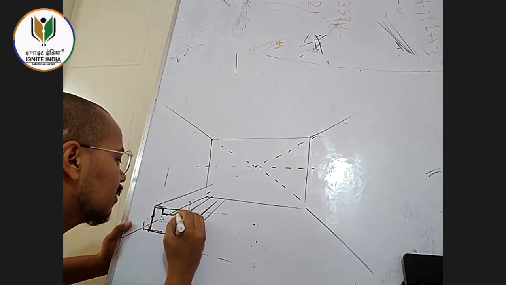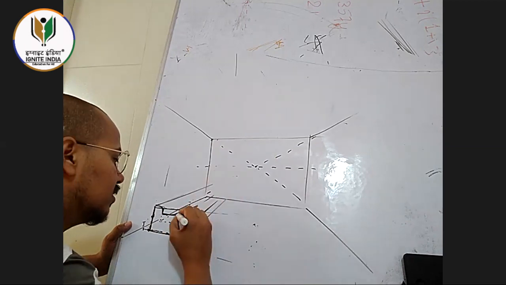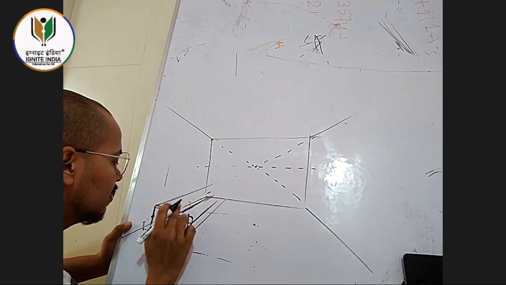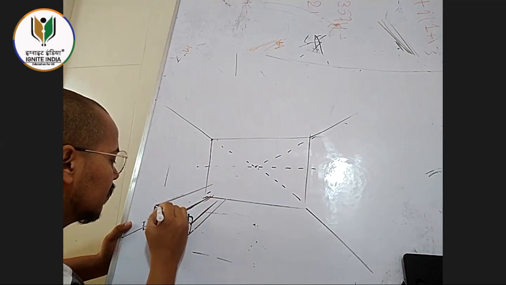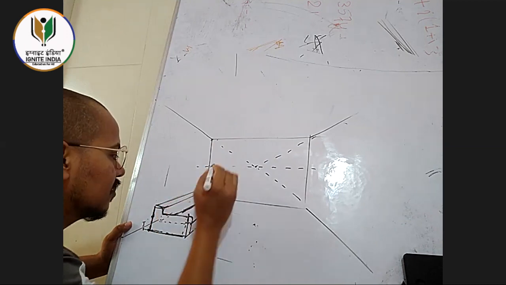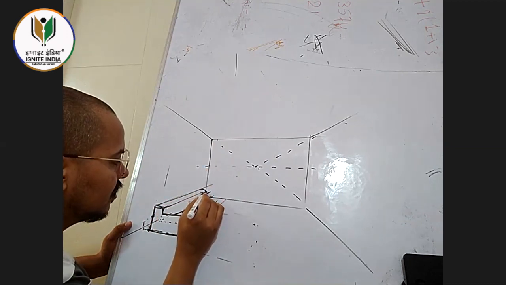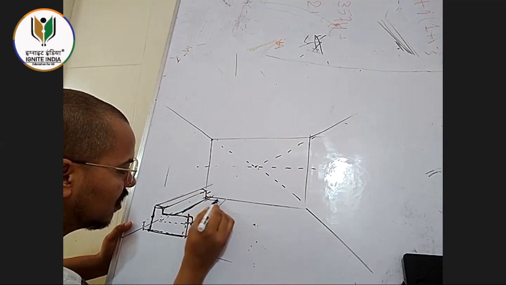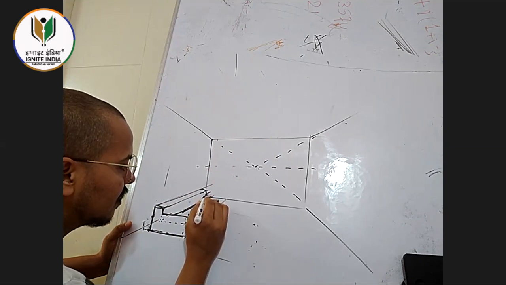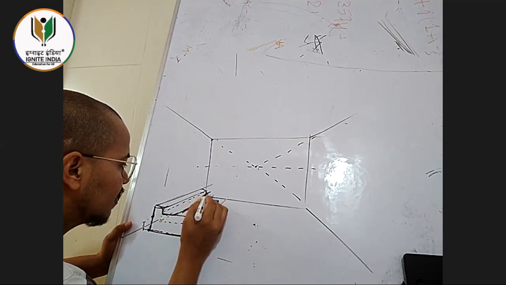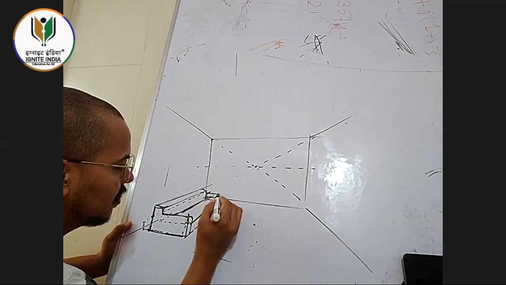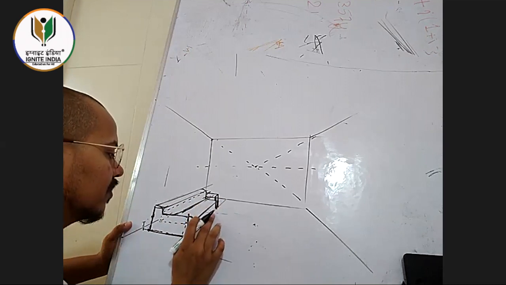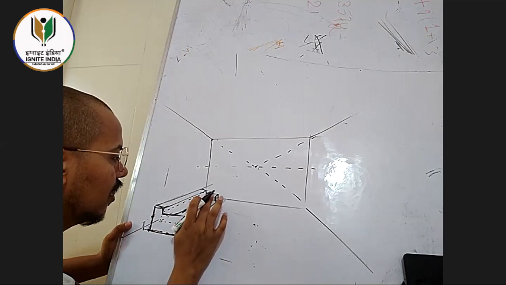Okay. Now from here we are going to create this line to the vanishing point. After that, you can erase all these lines, but do maintain these lines. Going to the vanishing point like that, coming straight till the sitting posture. Here, the sitting part goes straight, comes down, and after that, create the handle. So the handle starts from here. That's the handle. Now we are done with the sofa.